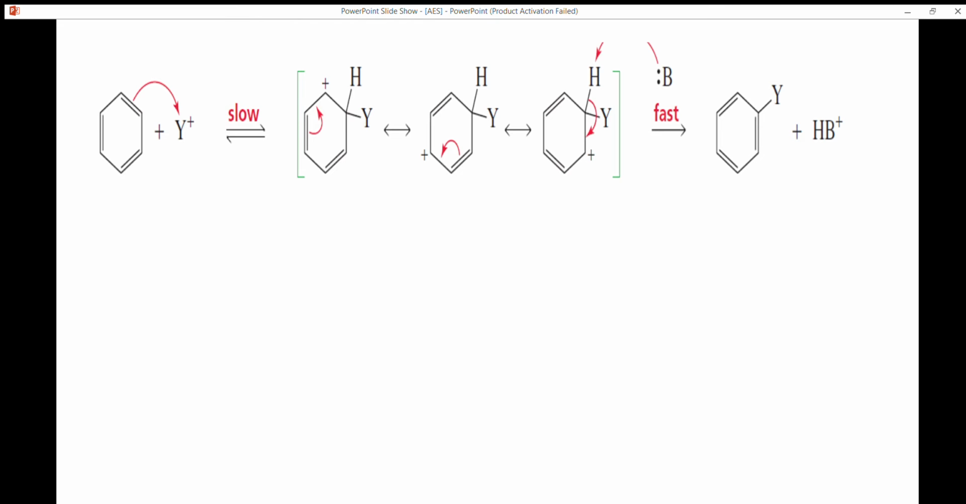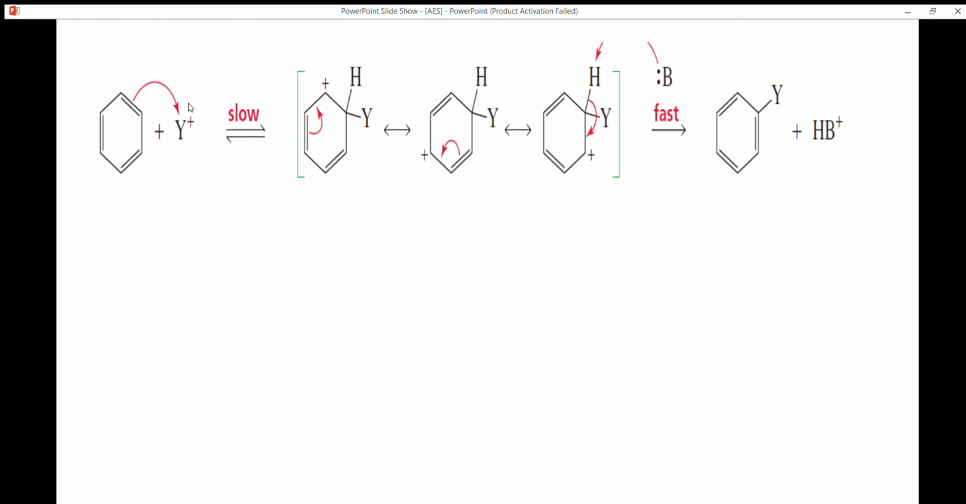This particular section begins with the mechanism of electrophilic substitution reaction. So for that, I'm just showing the pictorial representation of the whole process. As you know that initially you can see the introduction of electrophile,